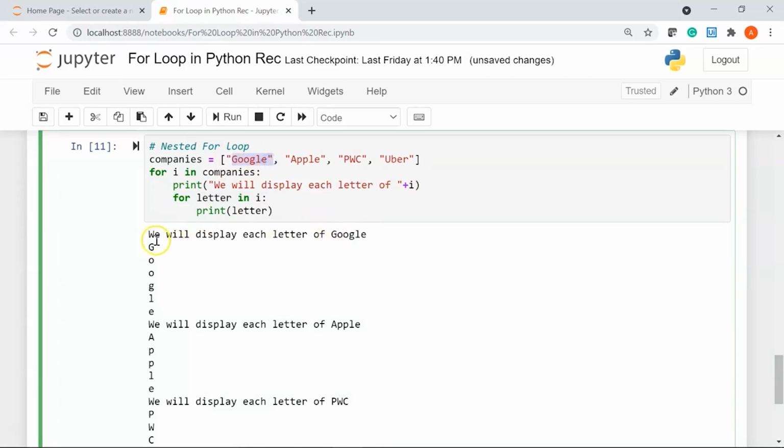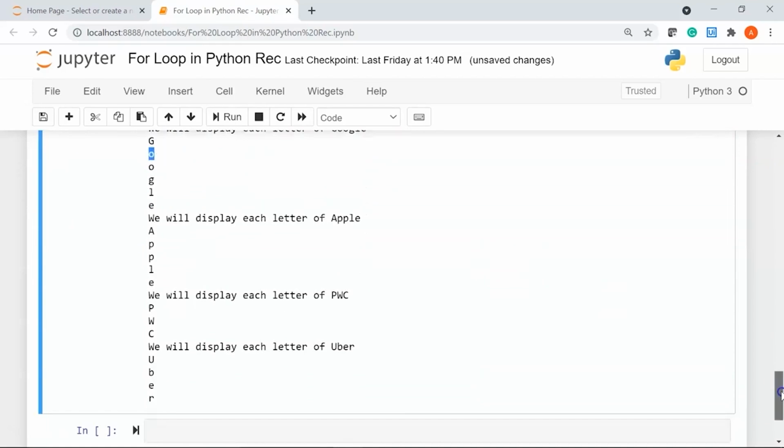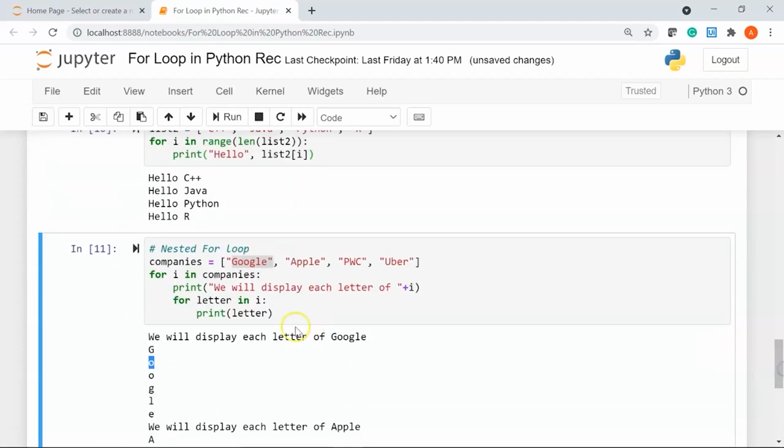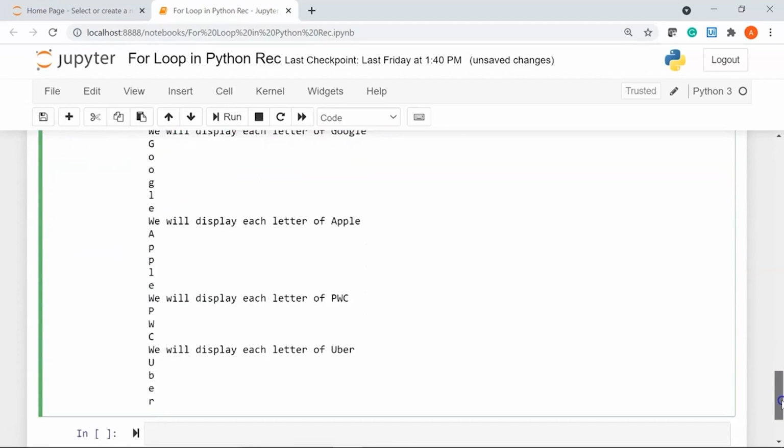So you can see below we have displayed each letter of Google using the inner for loop. Similarly, we have for Apple, you can see A-P-P-L-E, we have PwC, and then we have Uber. So this is how you can use multiple for loops in Python.